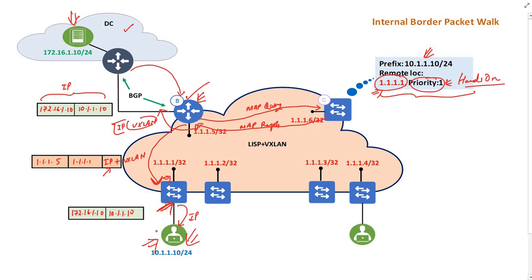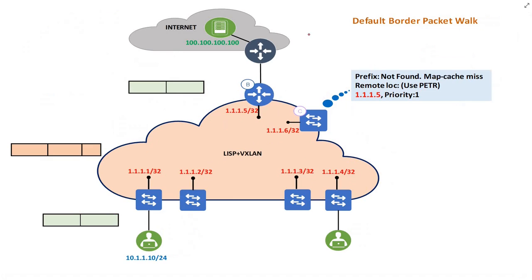Now let's discuss the packet walk when the same user wants to talk to a server present on the internet. For that, consider this diagram. Here we have this server in the internet cloud and our campus user wants to talk to it. Here we have the border router, this one, correct? The type of this border router is default border as we will be using it as a gateway of last